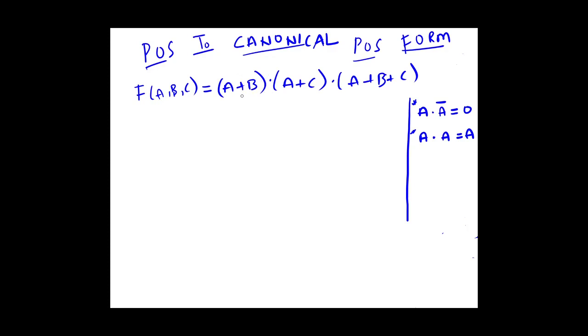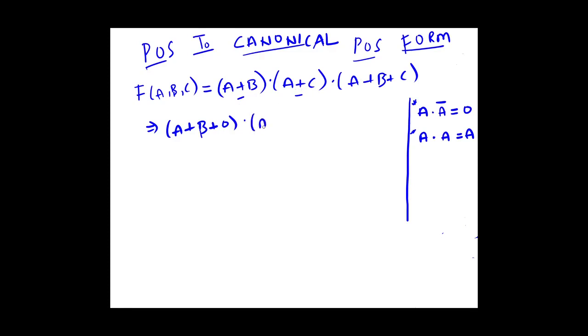That means here we are going to add C, in this you are going to add B, in this you are adding nothing because all the 3 variables are already there. So this is equal to A plus B plus, there is 0. If you make A plus B plus 0, that is equal to A plus B itself again. So in this you have A plus C.